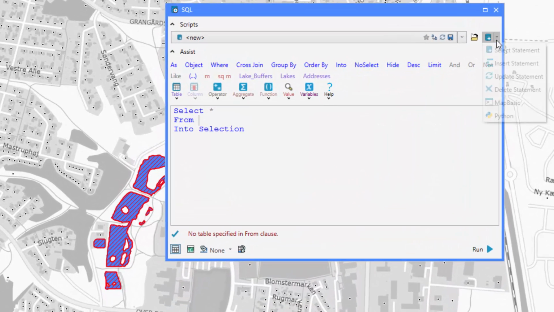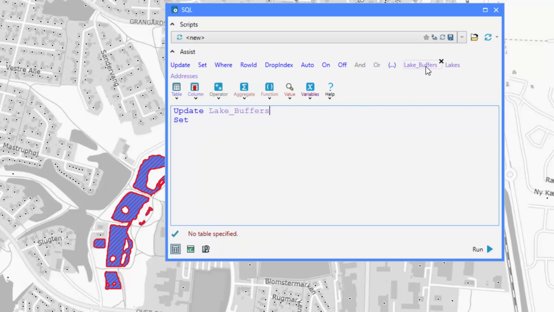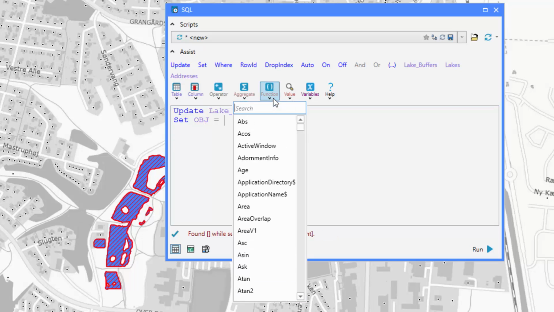From the drop down here, I'm going to use the update statement. The table I want to update is my lake buffer, so you just click on it up here and you see it puts it in here. And what I want to update is my object column. I can just type that, say that should be equal to, and from the functions drop down I can search for